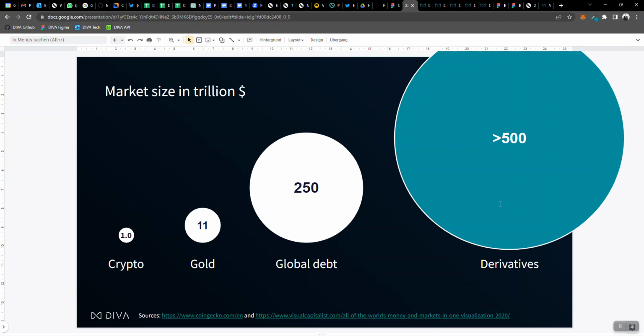It's 0.0002% of that market, which basically means 1 out of 500,000 derivatives should be created via DIVA protocol. So that's our goal, and we believe that this is a realistic goal to go after.